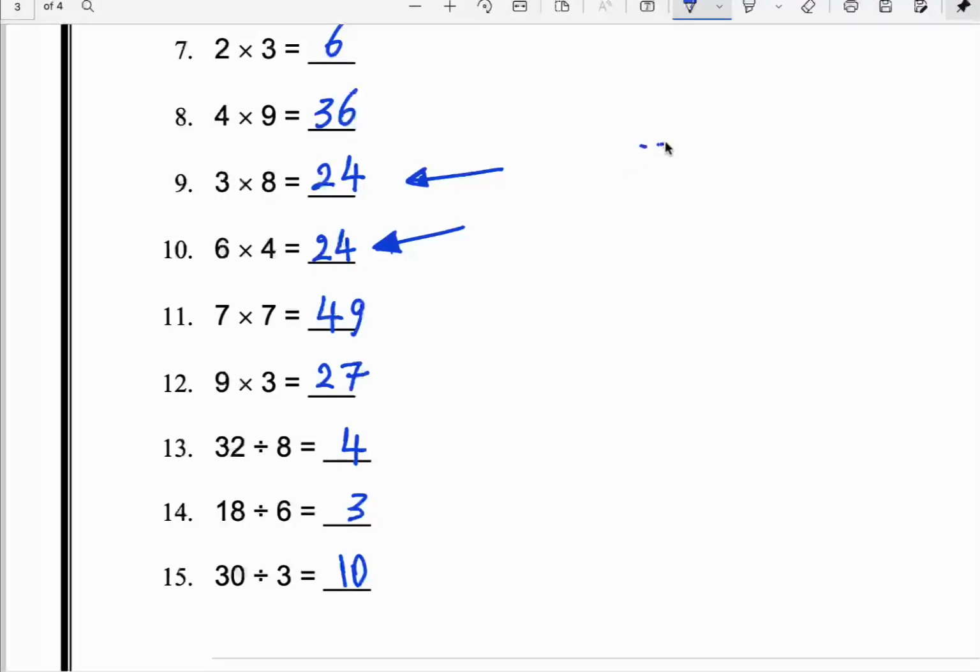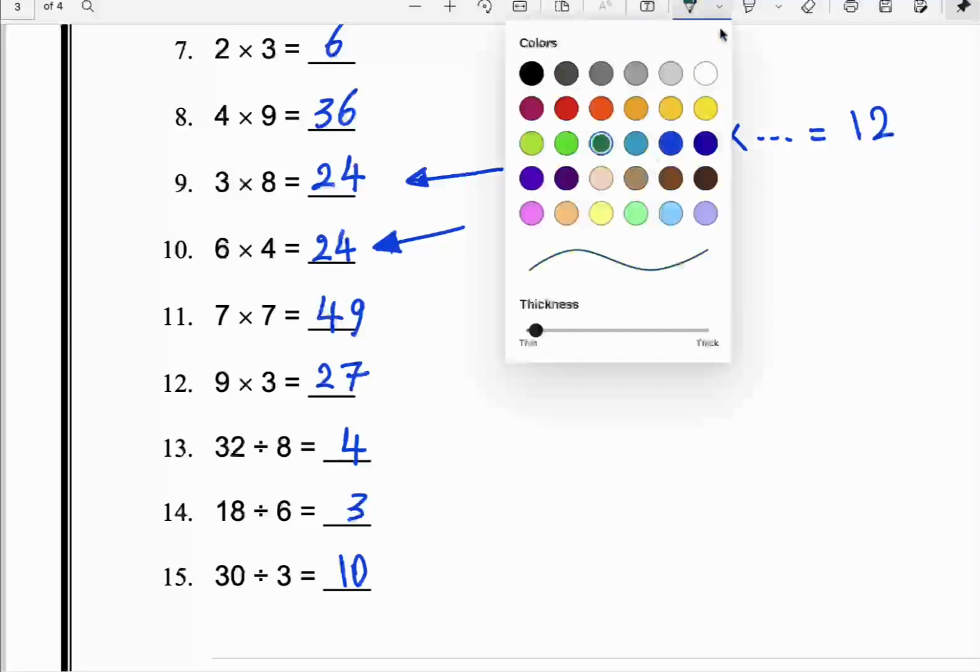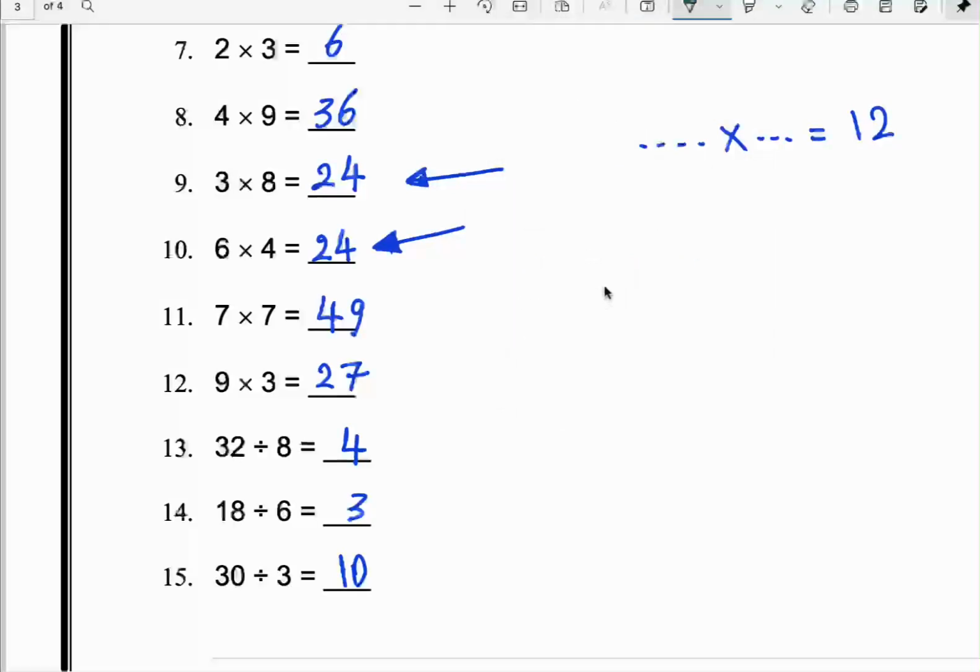Yes, teacher. Can you tell me any two numbers that we multiply to get 12? 12? Yes? Okay. 2 multiply